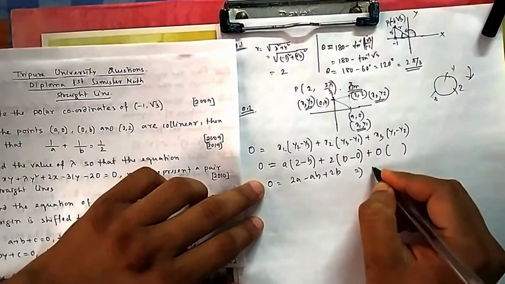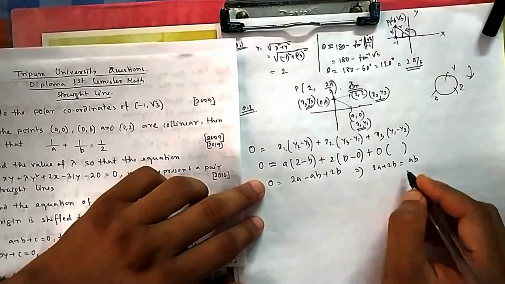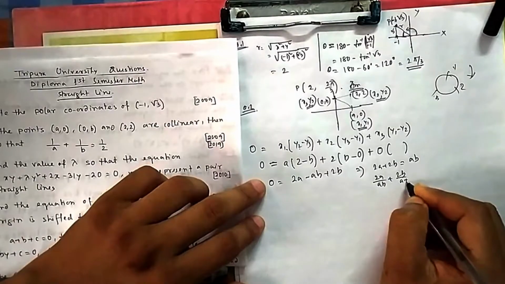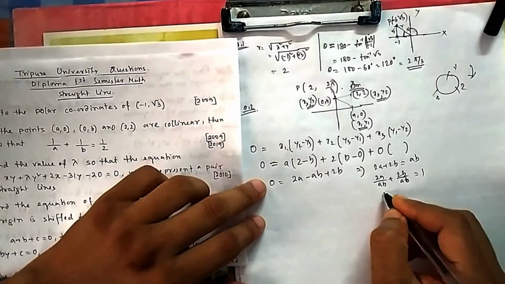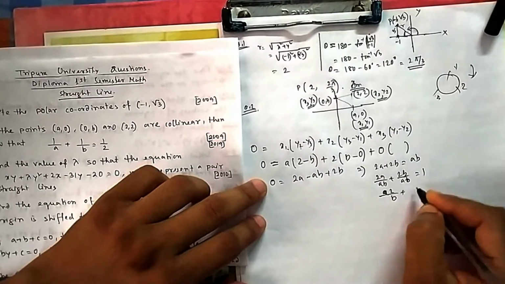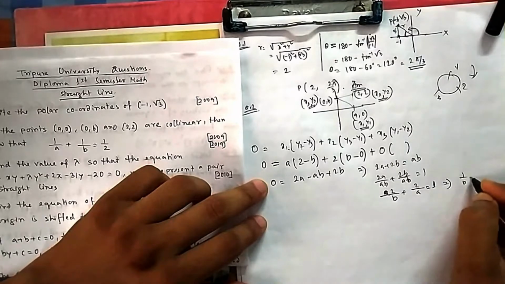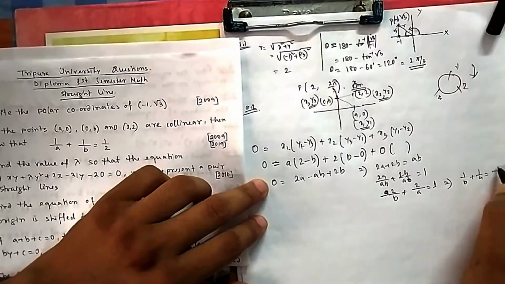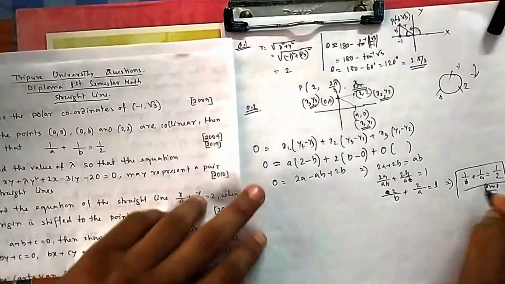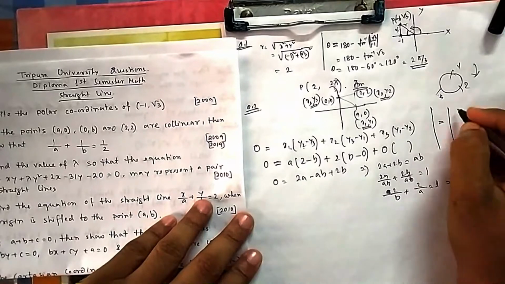That implies 2a plus 2b equal to ab. We divide both sides by ab. So 2a by ab plus 2b by ab is equal to 1. So 2 by b plus 2 by a is equal to 1. You can take 2 to that side, that is 1 by b plus 1 by a, which is equal to 1 by 2. So this is proved. This is what they want to prove. Also you can do it using determinant, but in first semester I don't think you have